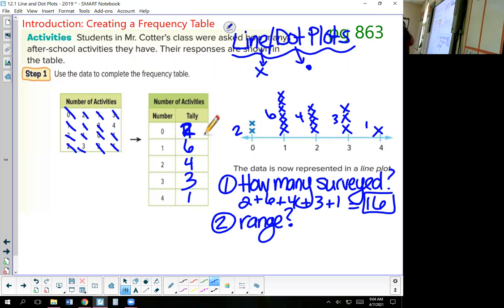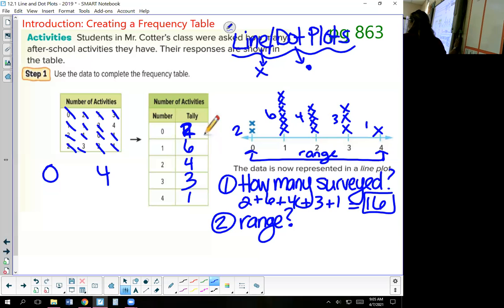So think about these were our numbers, right? Aren't these all our numbers? If I said to find the range of the data, you take your lowest number, which is 0, and your highest number, which was 4. So your range in your data is this part. Range in this case would be 4 minus 0, which is a range of 4 activities. So the least amount of activities, 0. Some kids didn't do any activities after school. The highest number that they could do is 4. Somebody's apparently crazy and doing 4 activities after school. Anyways, okay, now,